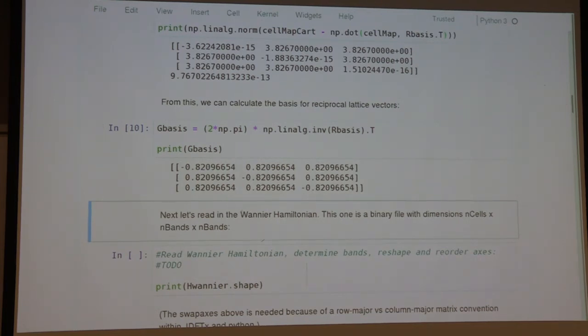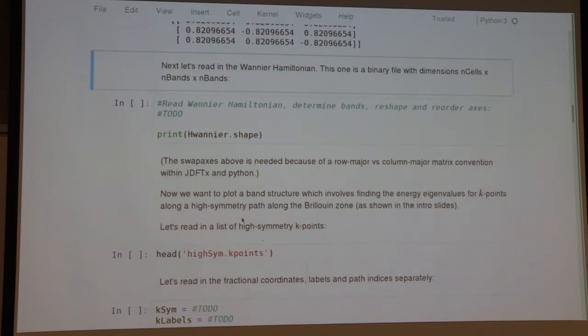Okay, so after that warm up, let's read the Wannier Hamiltonian. This time it's just a flat binary file, and we have to figure out its dimensions and reshape it into the appropriate form. So it's going to be a file which has contents whose dimensions are number of cells, which correspond to the number of these neighboring sites, times number of bands by bands. But we don't yet know what the number of bands is, so we are going to do this in 2 steps, or a few steps. We are first going to read the Wannier Hamiltonian,